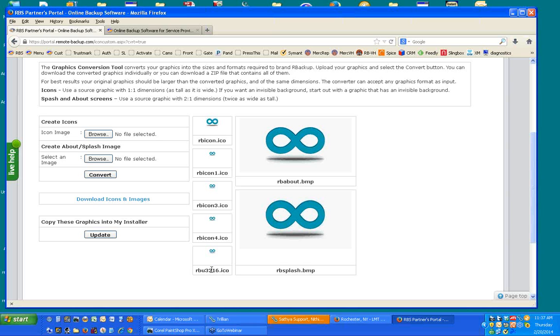Okay, so you can see that it has converted all my graphics to the correct sizes. It's got this one for the About screen and this one for the splash screen. I have two options at this point. I can download the icons and images. If I click this link, that zips them all up and downloads them for me to use as source graphics